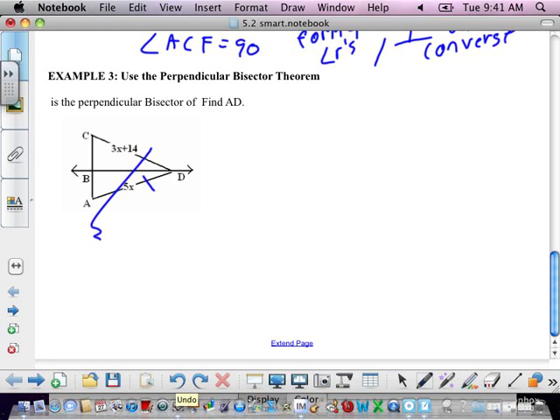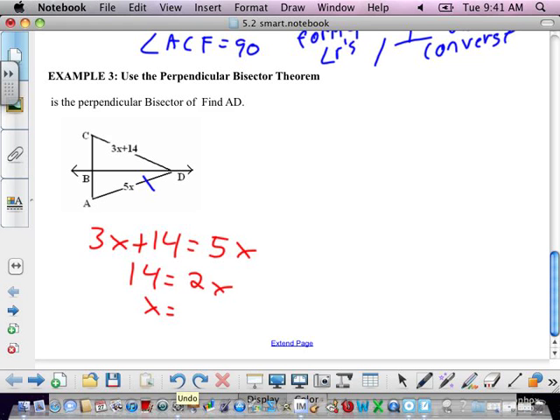Therefore, 3x plus 14 equals 5x. If it is a perpendicular bisector, both sides must be equal to each other. That's a new theorem we learned today. Okay. Subtract 3x from both sides. 14 equals 2x. Divide by 2. X equals 7. Okay, so,